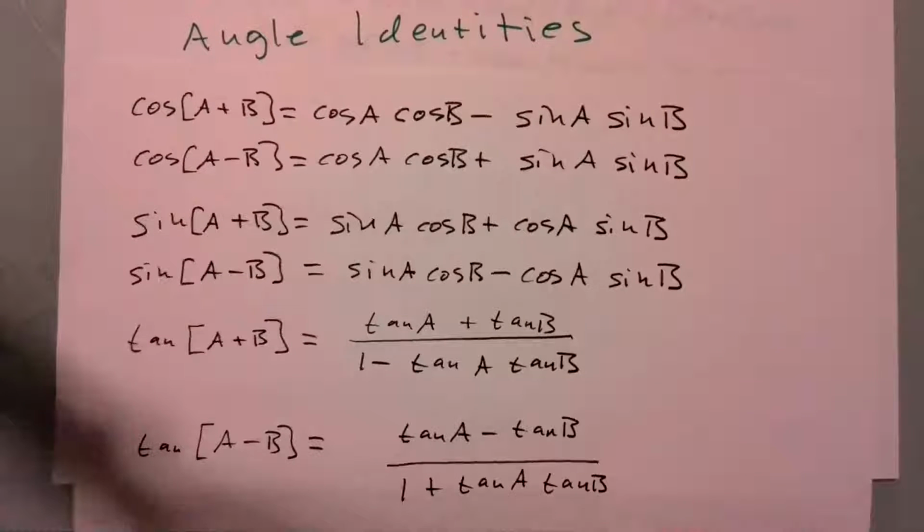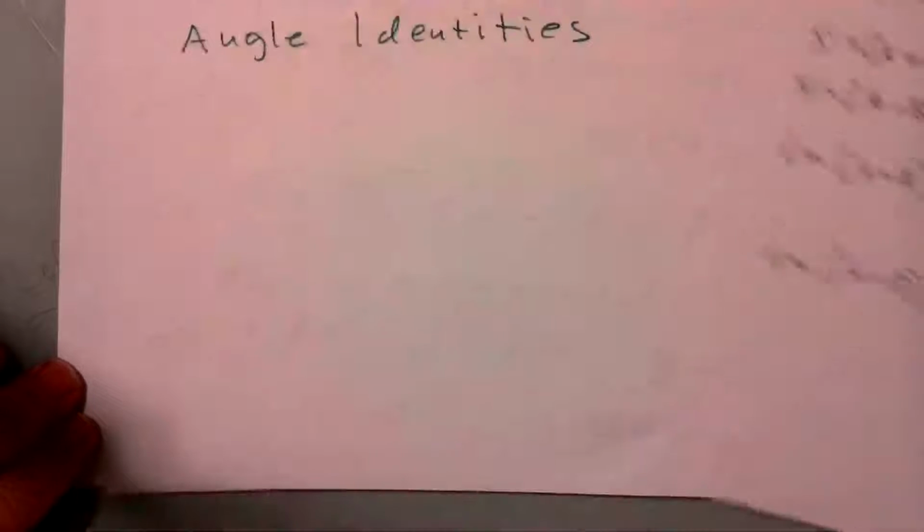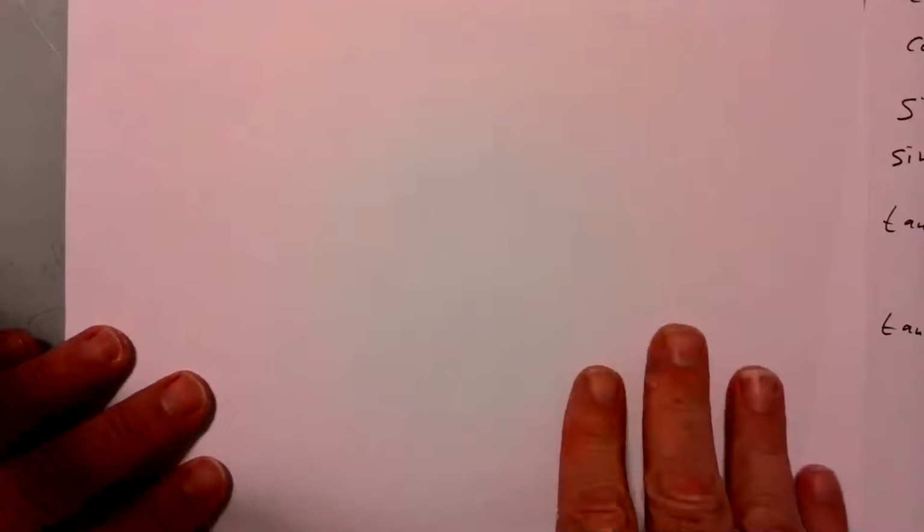So we'll be using these identities throughout our lecture tonight. So hopefully you have them written down, and you're able to refer to them as we need them. I want to start by doing a quick proof. So let us do that. We will take a look at the following. I want to prove